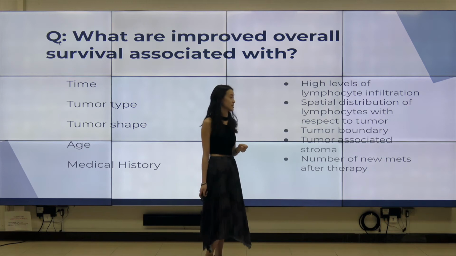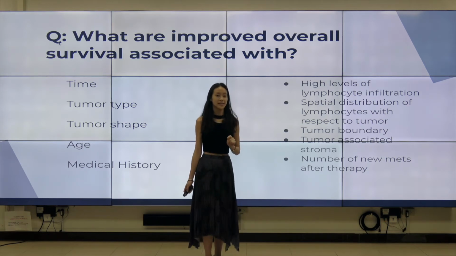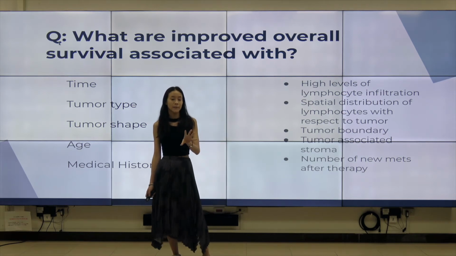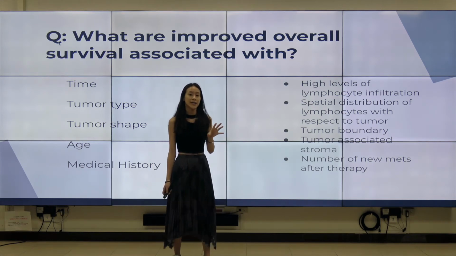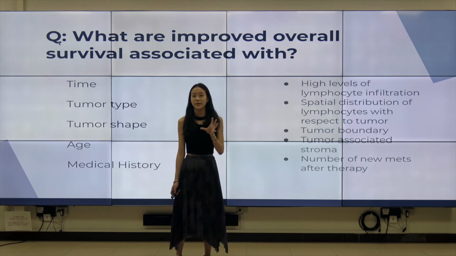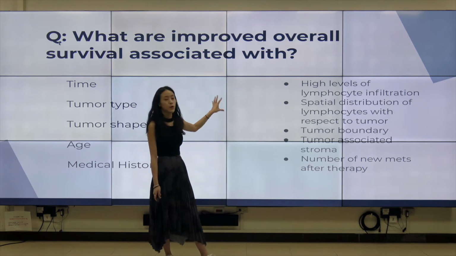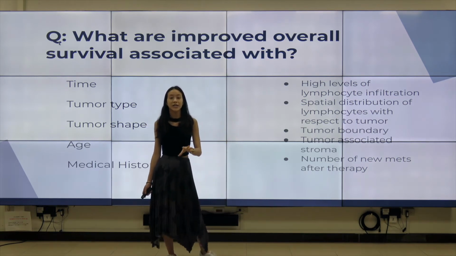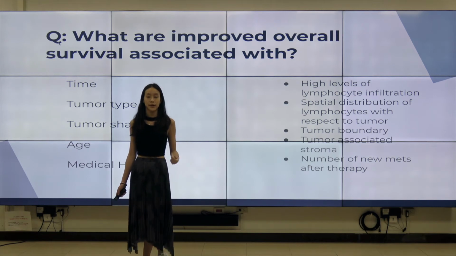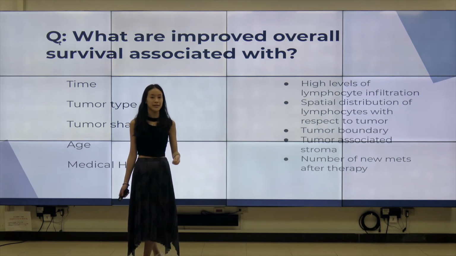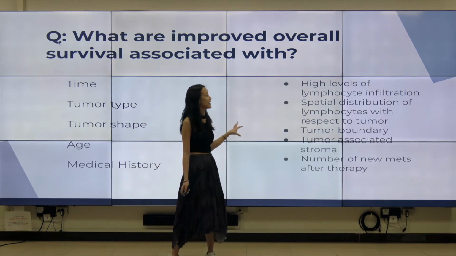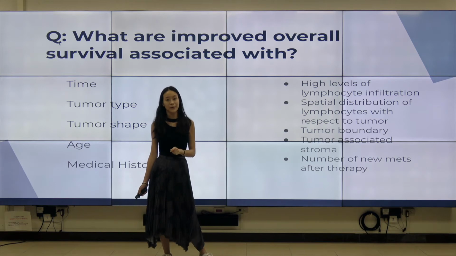One thing to note about this, which is what I wanted to re-jog your memory on, is the limitations of prognosis. One of the reasons why I said that prognosis is very, very difficult is because there are a lot of uncertainties to it, and for different kinds of cancers and different kinds of organs, there's always going to be a different kind of prognosis. For a lot of different cancers, high levels of lymphocyte infiltration is actually a good sign, a very favorable prognosis. However, when it comes to gliomas, which are a type of brain cancer, high levels are something that is frowned upon. It's a red flag to a lot of doctors.